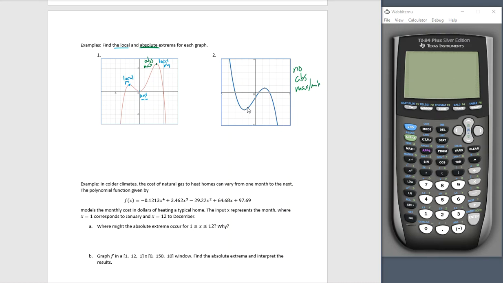The graph continues forever up and down, which tells me that this will be a local maximum, and I will have a local minimum. Remember, if we're reporting the values themselves, we would say the local maximum, let me see, I'll put it over here. Local maximum of 1.5. Local maximum of 1.5 at